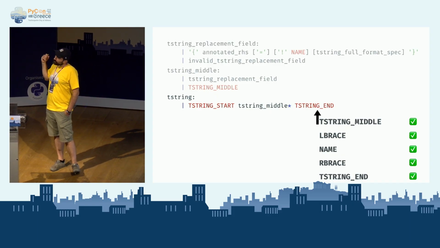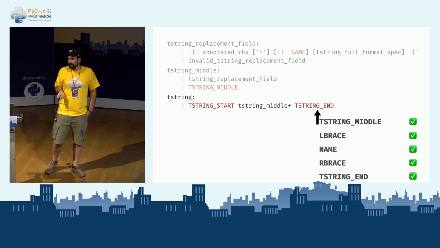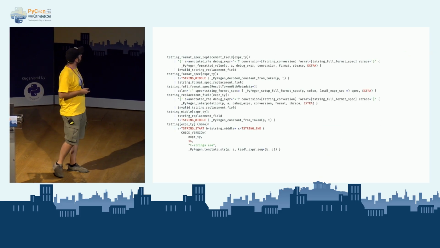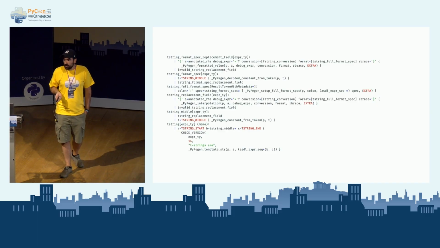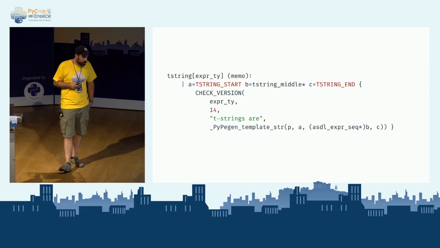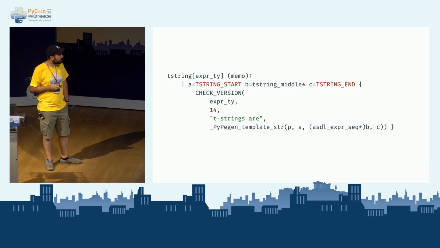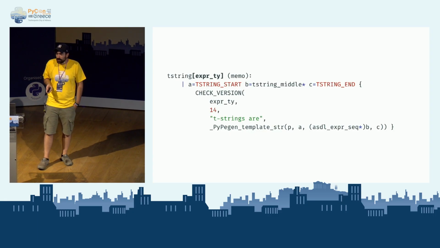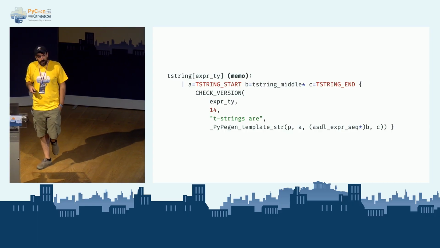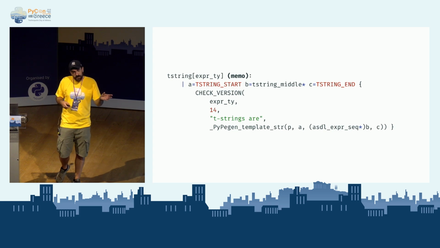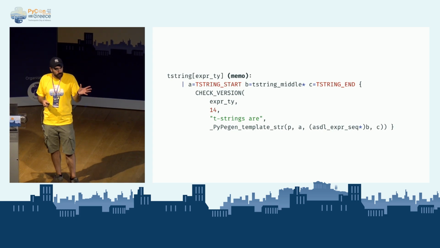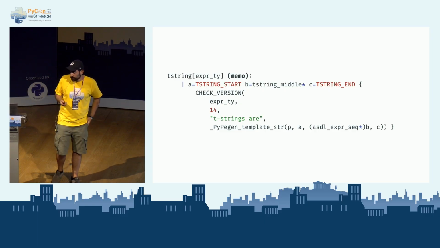I've lied a bit. The grammar does not actually look like the one that I showed. It actually looks something like that. It's a bit more complicated. And if we zoom in, you'll see a lot of stuff that's happening there. We have stuff like types in the grammar. We have stuff like flags. For example, the memo flag means that if this actually parses, then save that result. And if we come back to this rule, just use that result. It's sort of a cache.